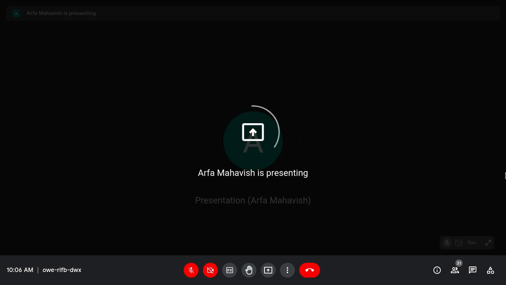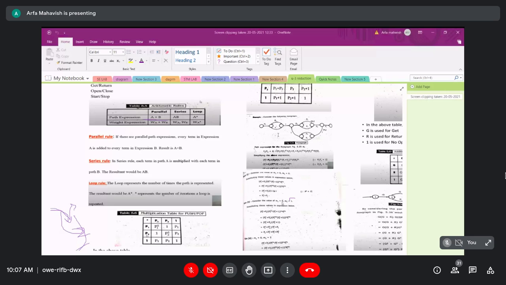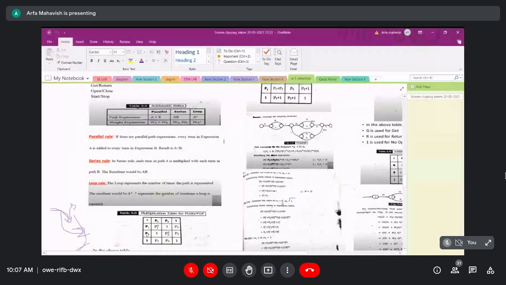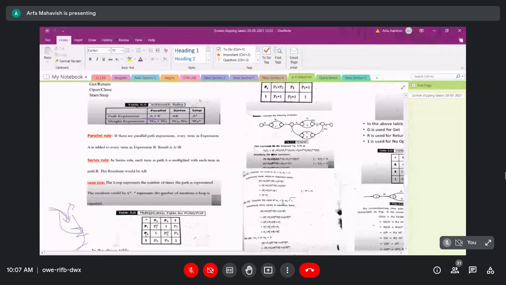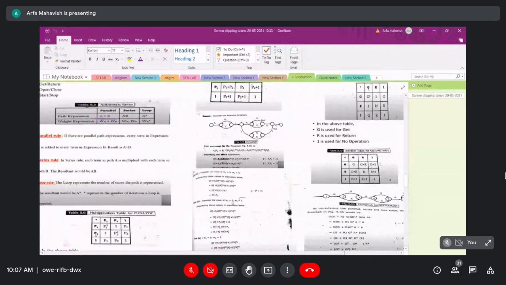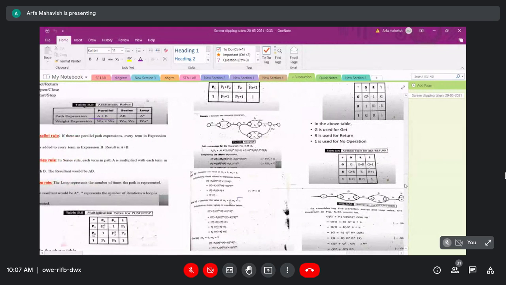Okay, dear guys, this is the way you are solving the push and pop operations. It is not there in the presentation, in the document.